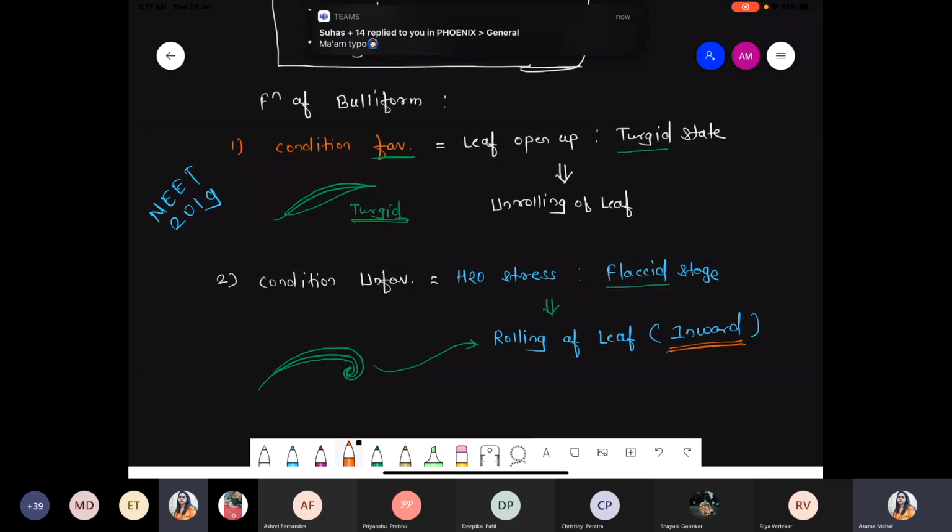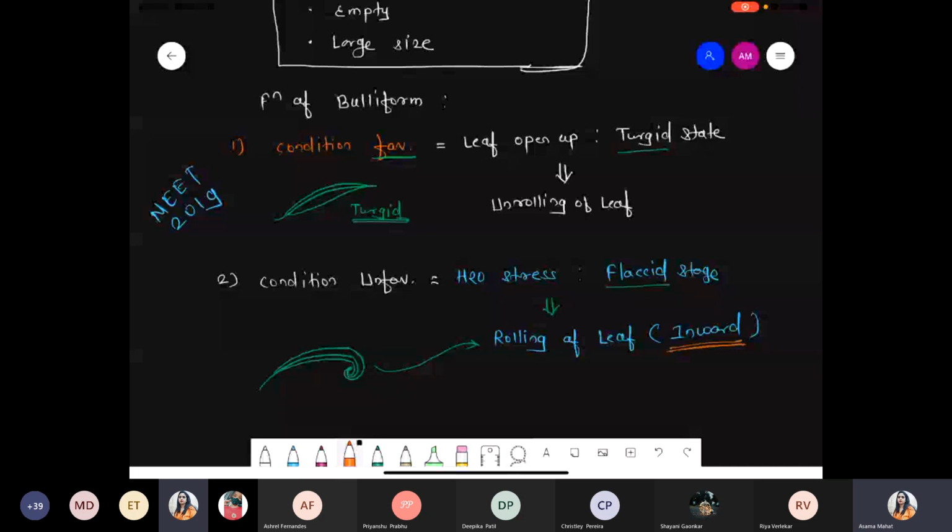Inward. Inward means what? Rolling of leaf. So they have specifically mentioned one word. Grass leaf curl. Curling means rolling is happening. Where inward, it means they are showing the rolling process, when during the dry condition. So please don't compare this point with stomata opening and closing and the rolling. Specifically they are given in grass. In the third one, they mention the word inward. Inward means what? Rolling process. So due to those two words, the correct answer is the third.